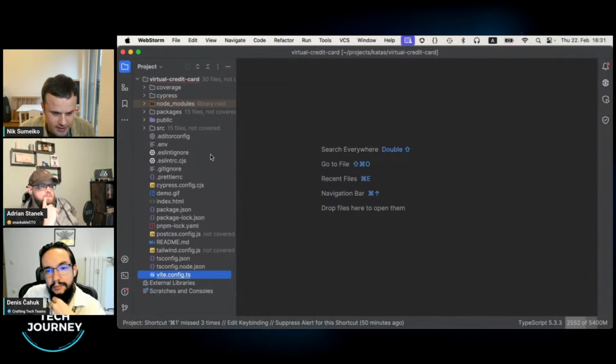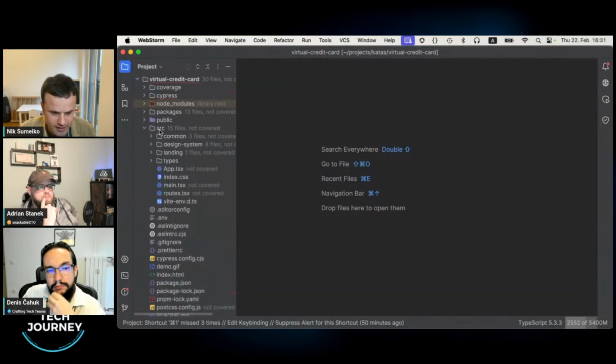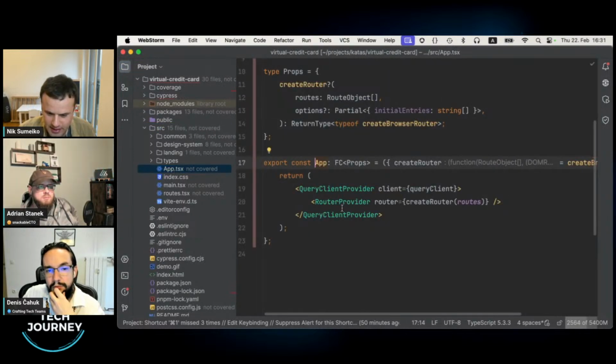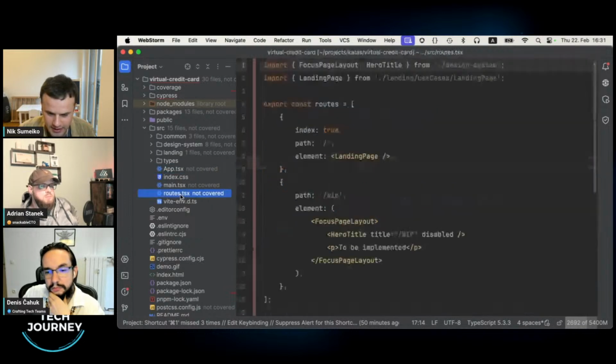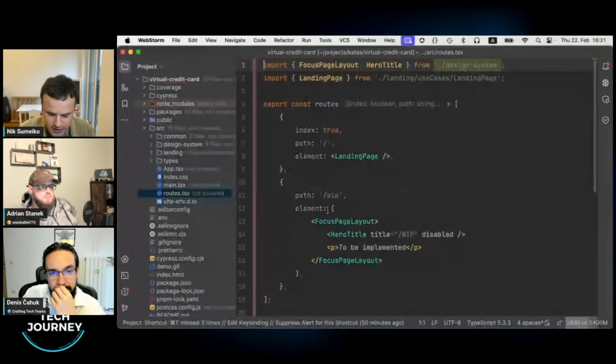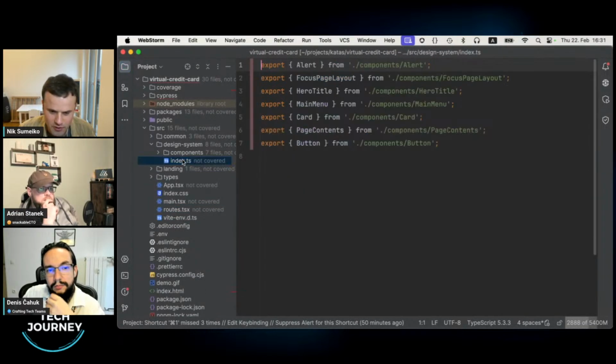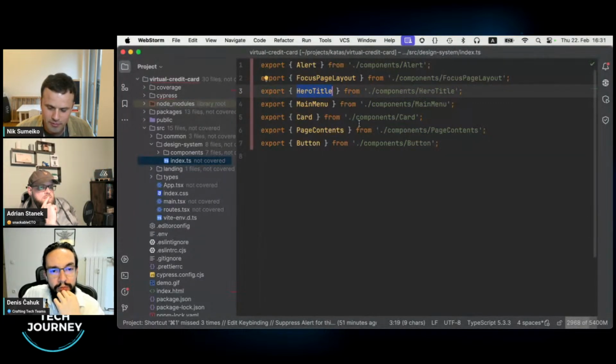So I'm back to my IDE. In source, I will try to see what happens now. There is some app inside, some routing already in place, probably React Router. There is some design system I see. Okay, let's explore. That's an internal one. There are some components exposed for me. I see the card component, some layout component, title component. That's an internal design system, okay? Let's not get deep into it. I built it in favor of focusing more on how to implement business value rather than build HTML. Does that make sense? Yeah.